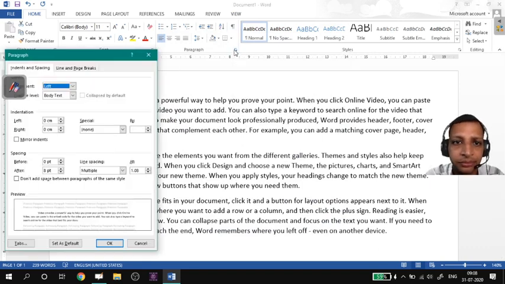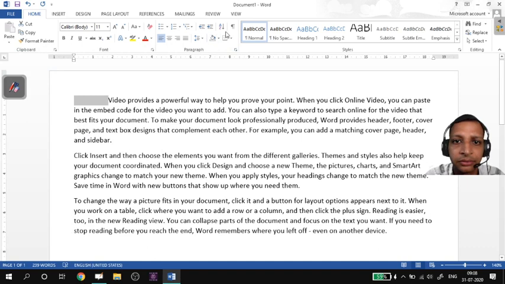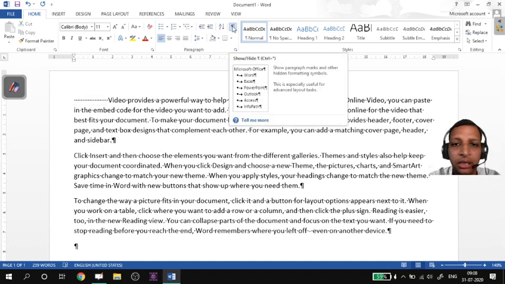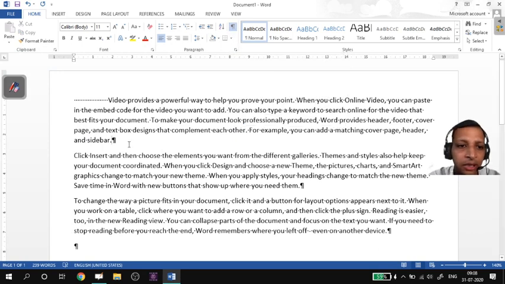Okay, this one, got it here. See, this is the white character. This means enter. You can't see it, but if you click on this button, this is called show or hide the white characters, the formatting characters. So if I press tab, you see how tab looks. See, this is tab. If you switch it off, you won't be able to see. But if you switch it on, you will be able to see these white characters.